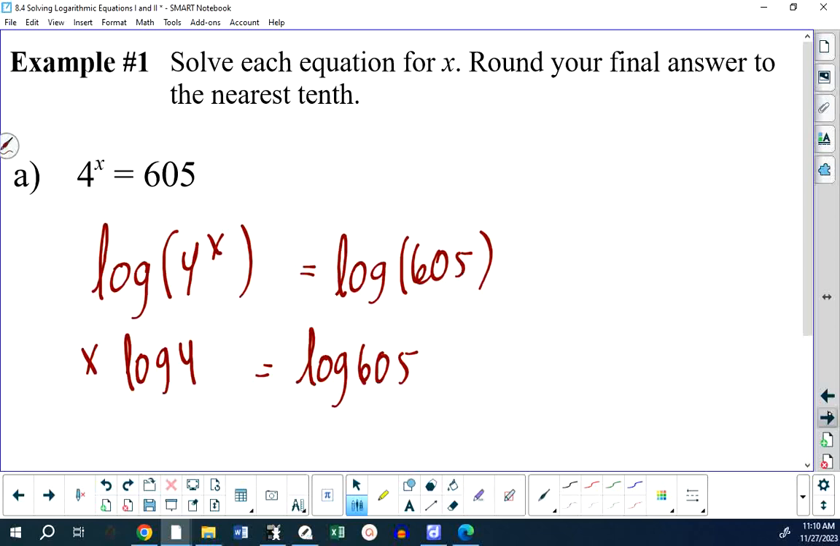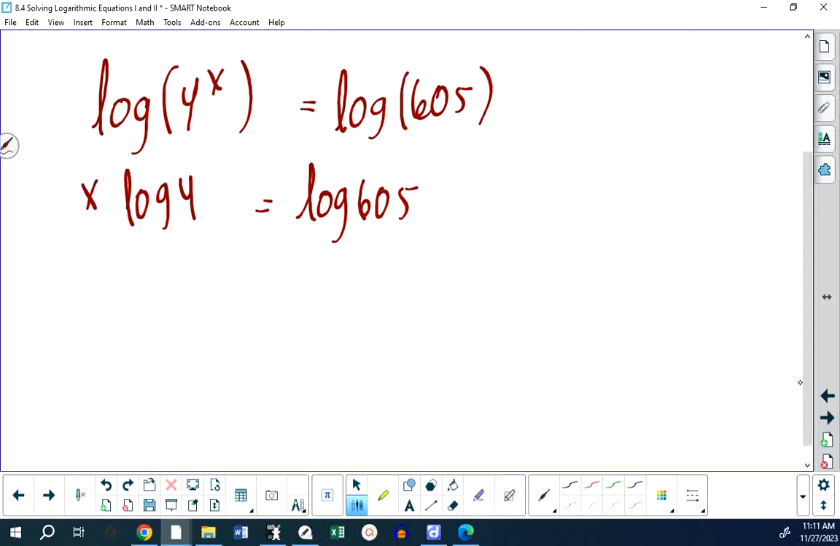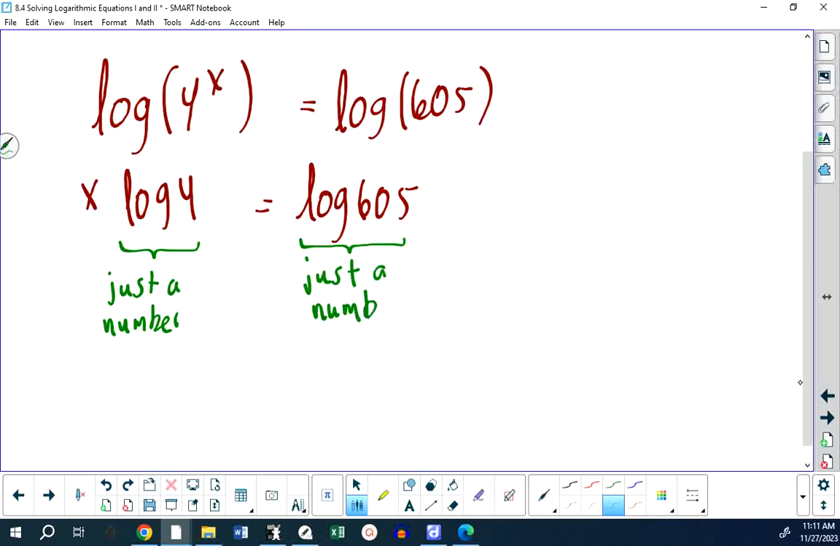This is no different in principle from 12x equals 117. What this is, and I know you know this, but I feel the need to say this, this is just a number. That's all log of 4 is. It's some number. You know, what is this? This is just a number. It's a different number. But these two things are simply numbers. So how do we get x by itself? We take the number on the right-hand side and divide by the number on the left-hand side. And we get x equals